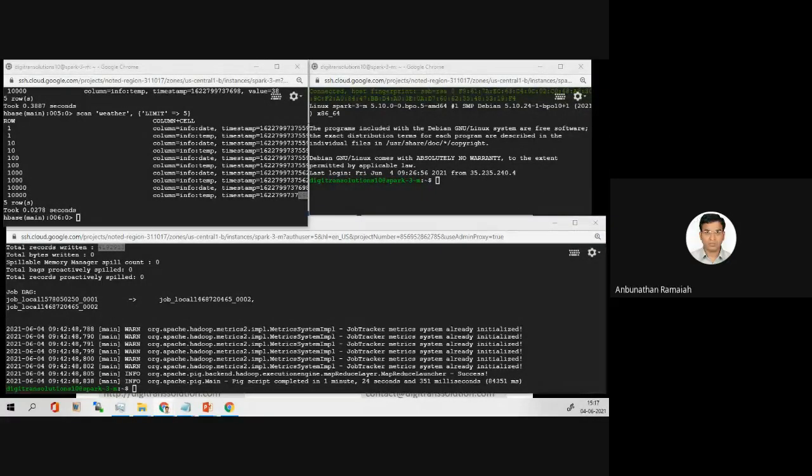Yes, HDFS. I copied up to 5 GB of data. I don't know the exact upper limit, frankly speaking, but 5 GB I copied so far. Maybe we can try more also, but you have to budget time for that. You have to wait till it copies.